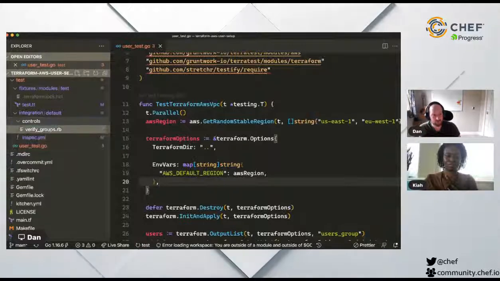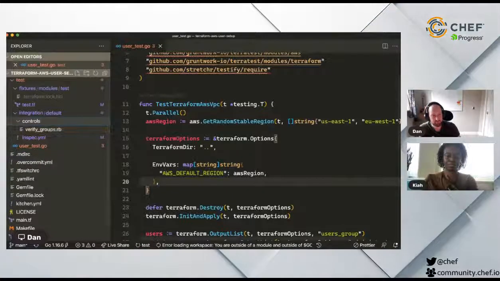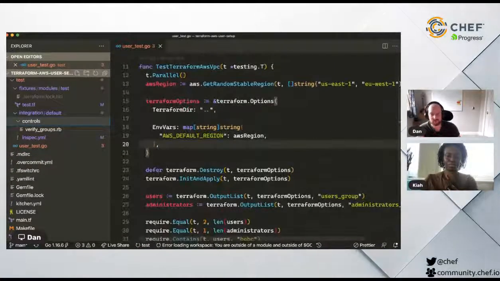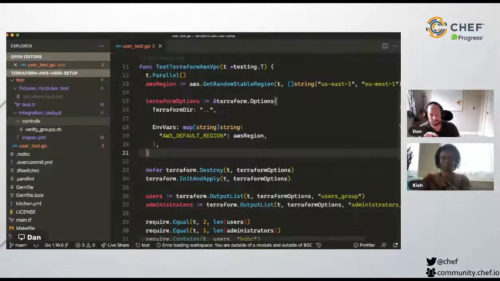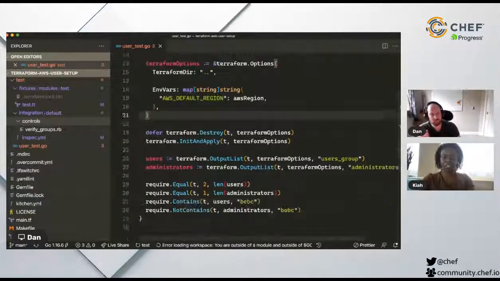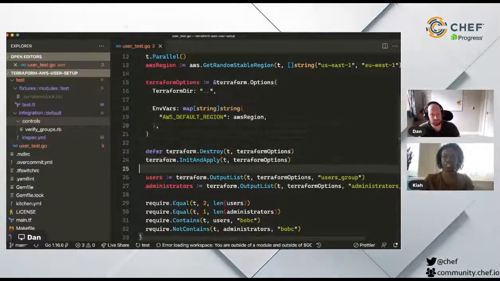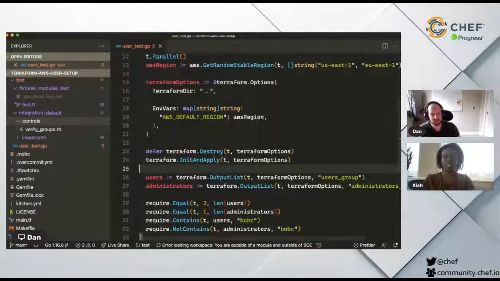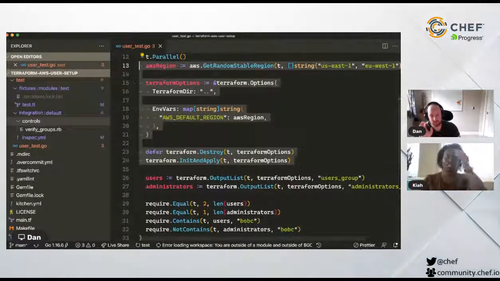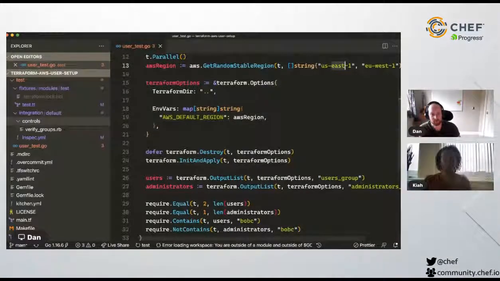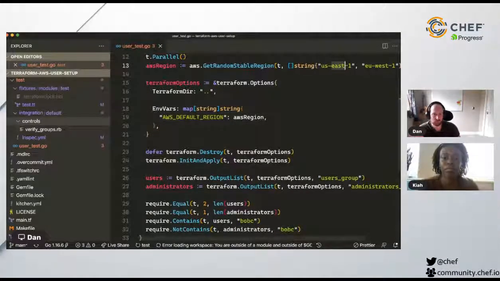Whereas comparing this to our verified groups control, okay, so I did mention wiring it up. This is all of Terratest basically, which is quite nice. It's all in one file, but here you put your tests and your test harness set up, and the fact that you're going to parallelize it, and the fact that you're going to have your region config here, right? Which has